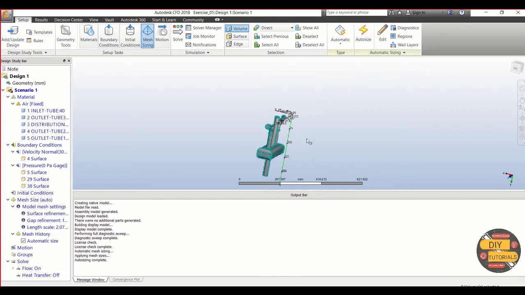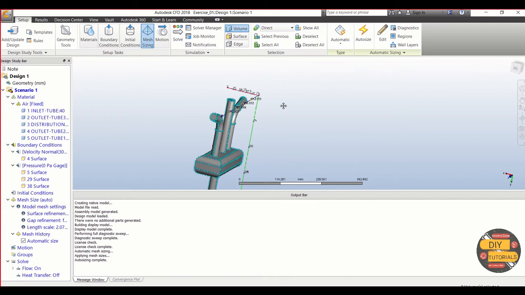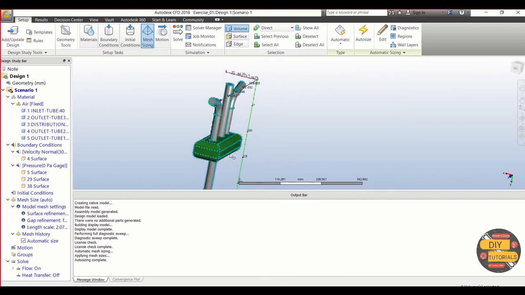So I'll auto size it. As you can see, the nodes are created. If in case it was manual, you can select manual from the drop down. So this covers our meshing part.